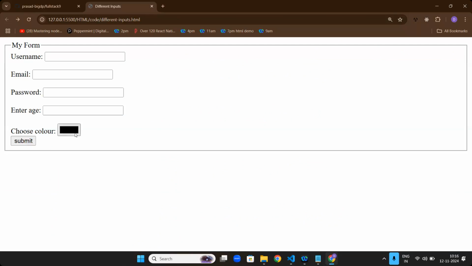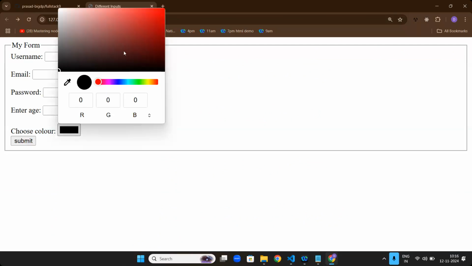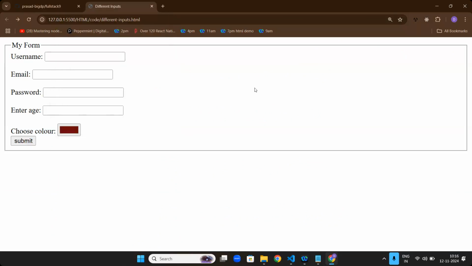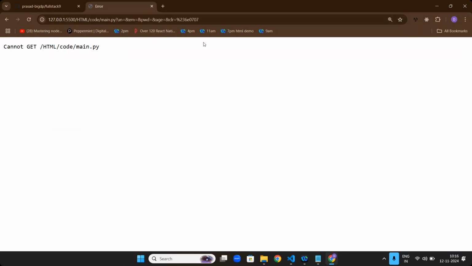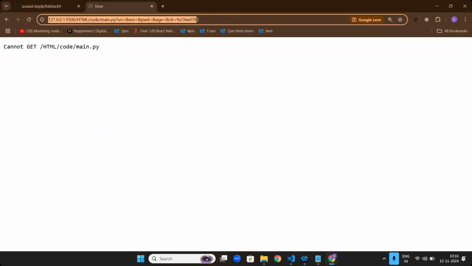Choose color. If I click on this, I can choose whatever color I like. Now, imagine I typed the color here. The color will be sent in a hex code. You can see the color is sent in a hexadecimal format.